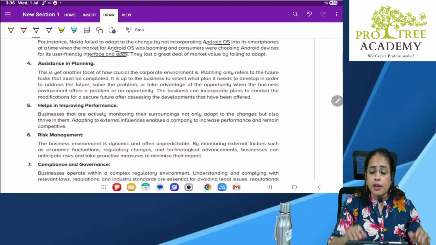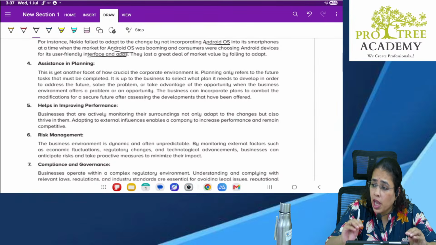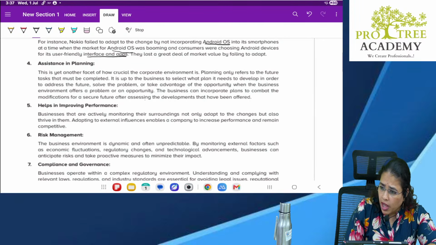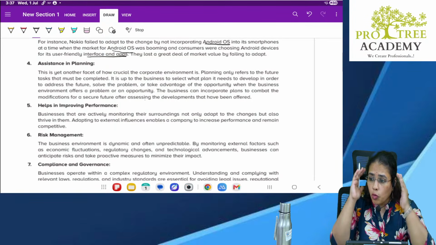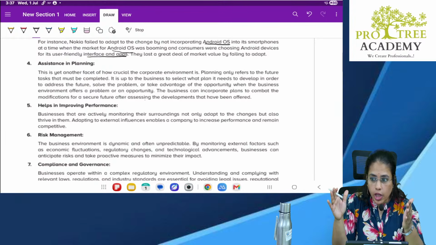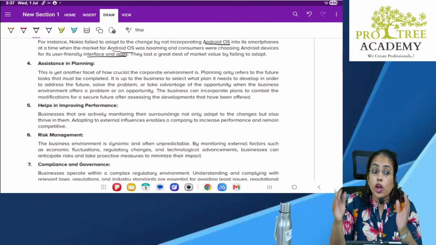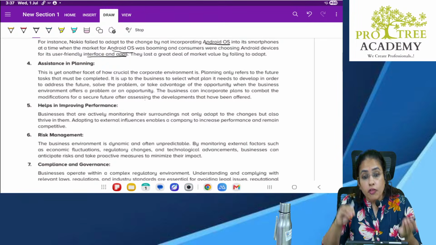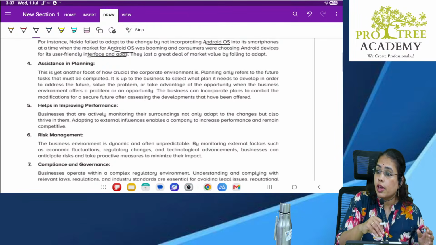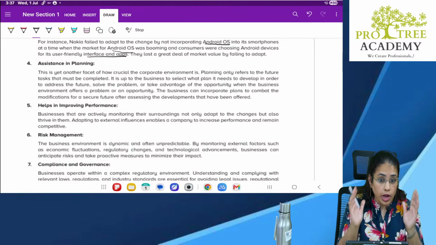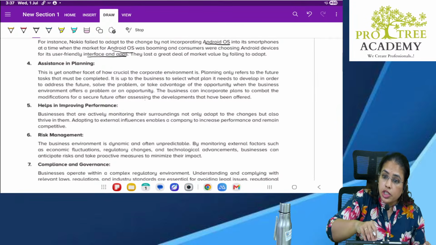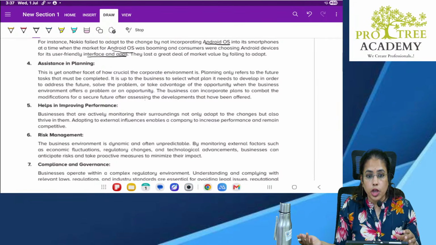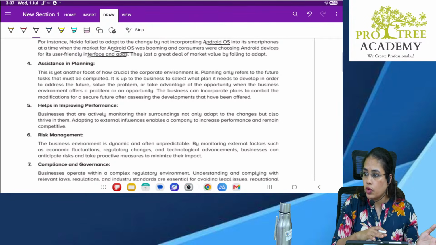So what they are telling is, another crucial thing is assisting in planning. You have to do proper planning. Whenever you are selecting a plan, think about what will happen when you plan it in this way, because whatever you are doing is future oriented. It may happen like that, or it may not happen like that. So if it does not happen, you should have one more plan for that. It is not that you have only one plan and that is it. You should have different plans, so that if any changes happen, you know what other plan you can do.